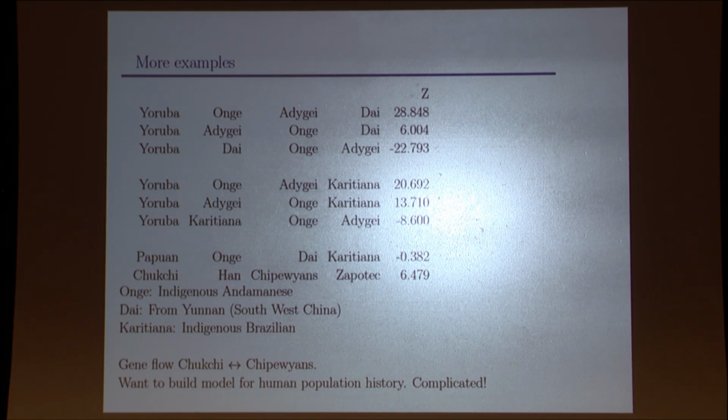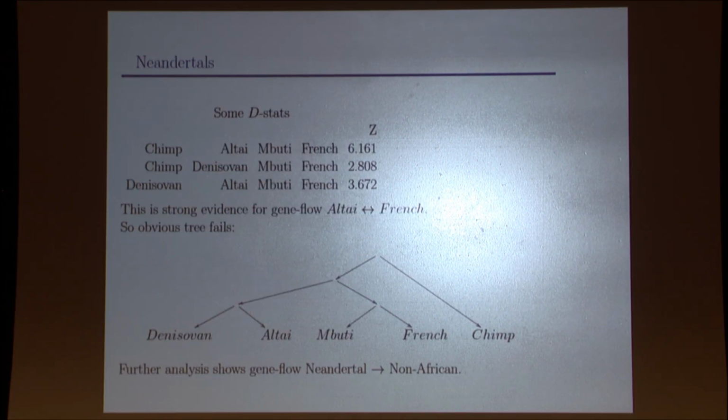And so the basic game I've been playing, or one of the games I've played over the last 15 years, is to take this kind of statistic and see what we can actually learn about history. Right. So here's perhaps the most famous example. We look at some archaics. And the two archaics I'm talking about here are, I call Altai, which was a Neanderthal fossil found in a Siberian cave,